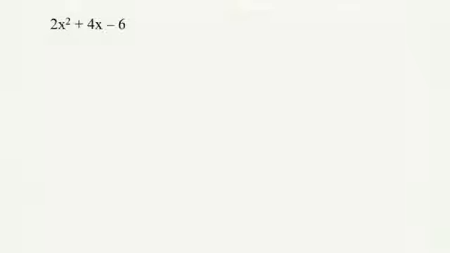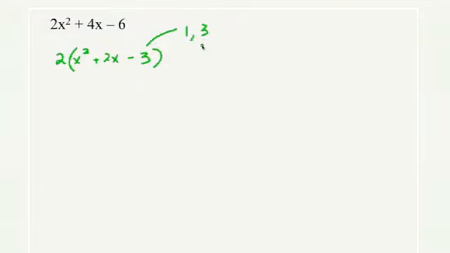Okay, this next one, again, Rule 1. If you look really close, you will see that this problem is divisible by 2, each and every term. So our first step is going to be to take a 2 out, leave a little bit more room for the trinomial, and you'll have x squared plus 2x minus 3. Now, in this trinomial, you look at that last term and ask, what are the factors of 3? This is an easy one because there's really only two factors of 3, 1 and 3. And do those factors subtract to give me 2? The answer is yes. So again, treat it like it's its own problem here.